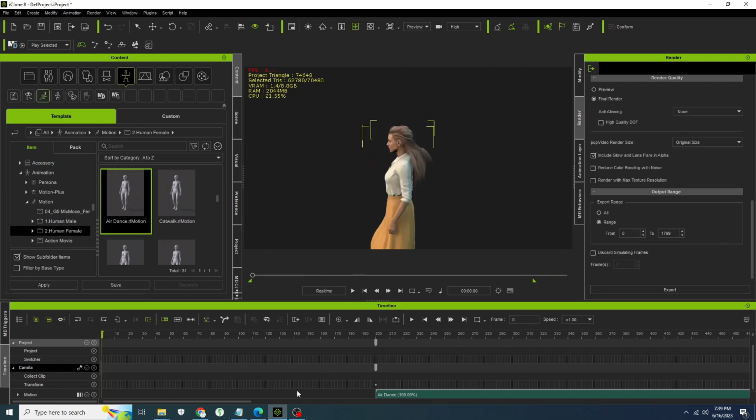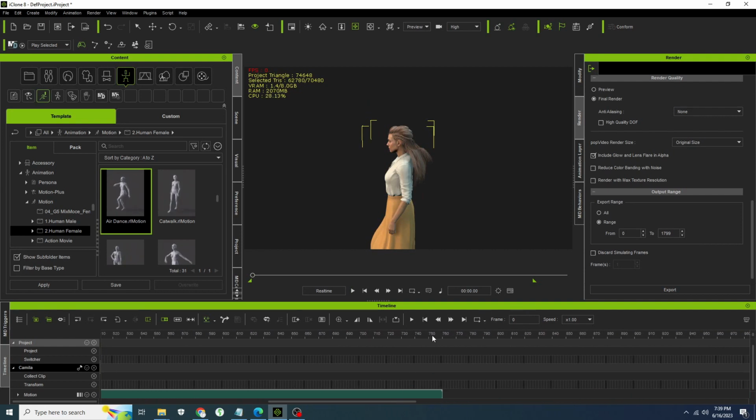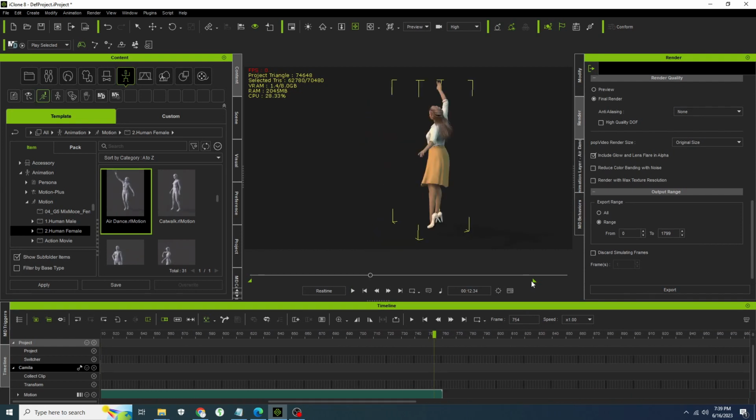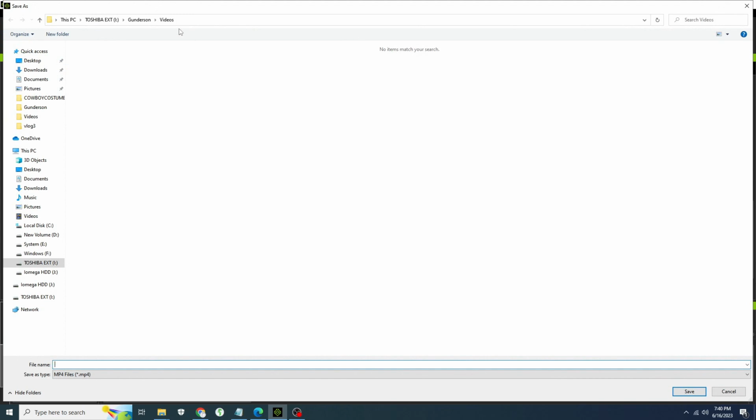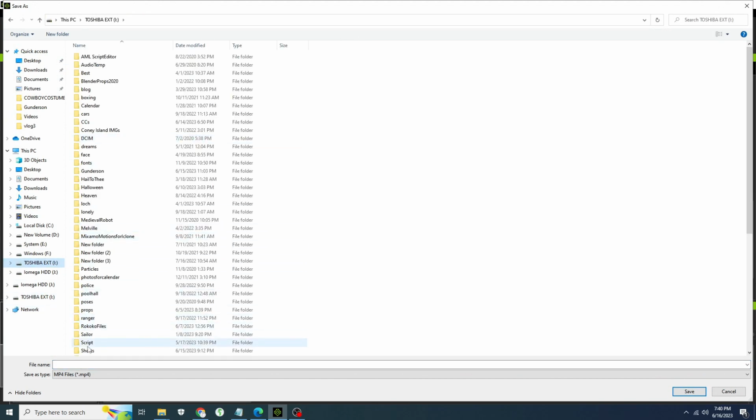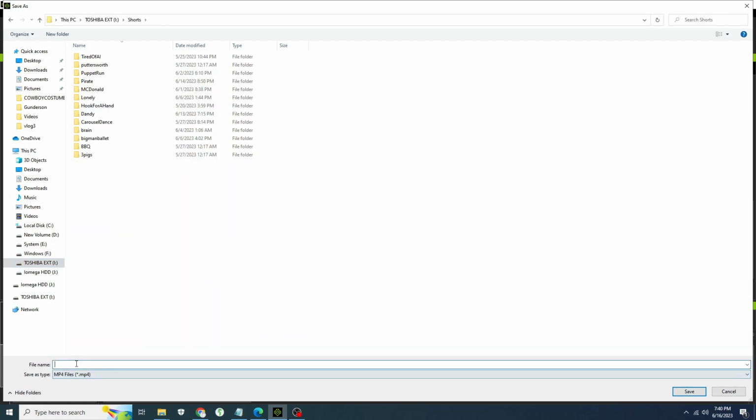Now this is great. We'll go to the end of my animation, which is here at 780, and we're going to render this out. But I don't want to render out those first 200 frames. Well, if we go to my render options here, we go to the bottom, you have discard simulating frames, and I'm going to change that to 200, and I'm going to export somewhere. Do it shorts here. We'll just call it test. Export it,